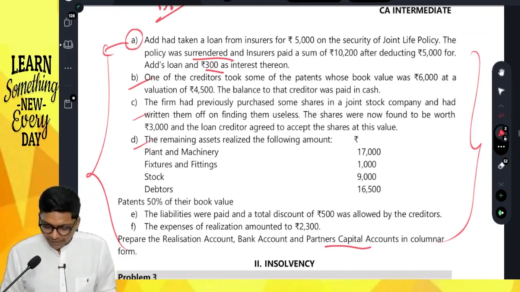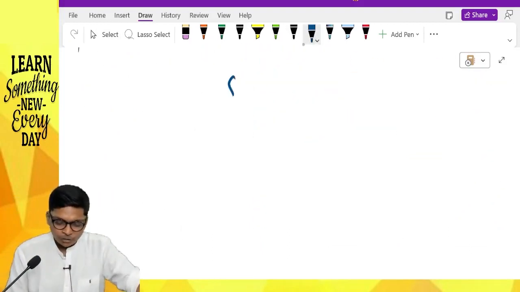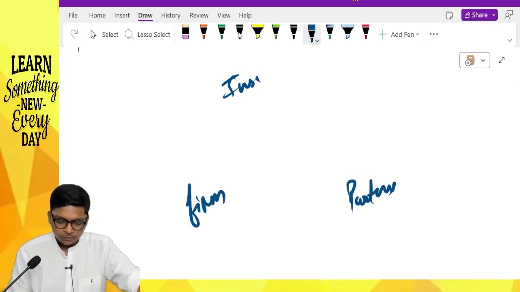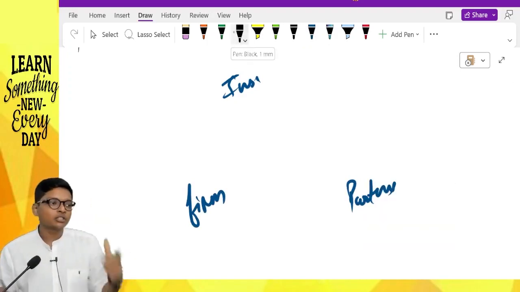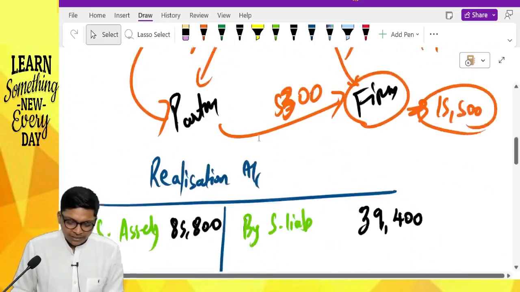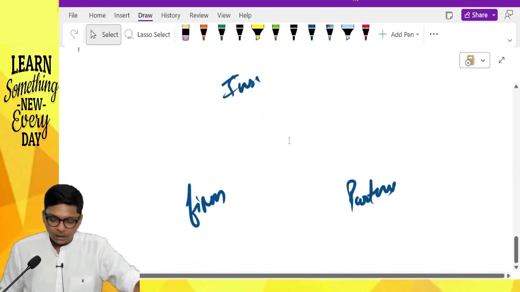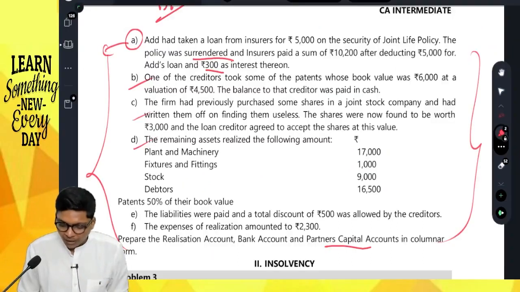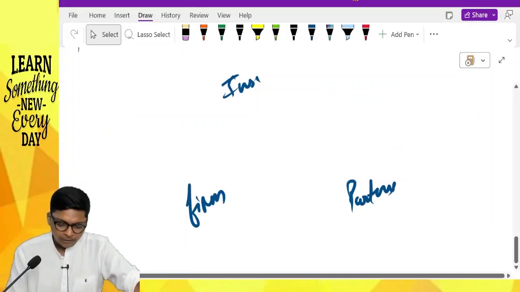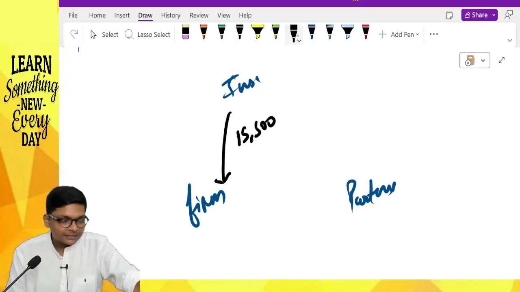Okay. So we'll come back to this adjustment which I already briefed a little earlier, but let me brief it again. We have an insurance company, partners, firm. The policy is already closed, correct? We have transferred it. In the debit side of this, 85,800 includes the JLP on the asset side, correct? Now I should know about the settlement of this. How other assets are settled for 17,1,9,16,5. This is settled for the firm. It should have been settled for 15,500. I received only